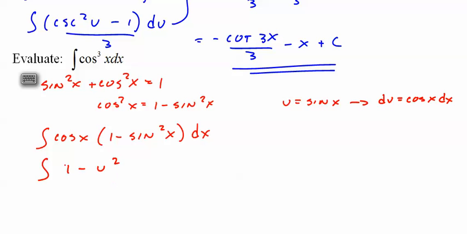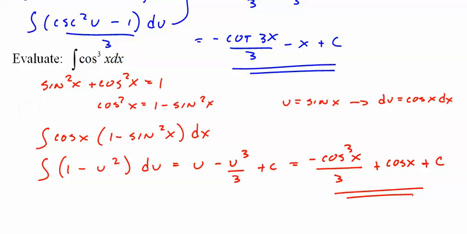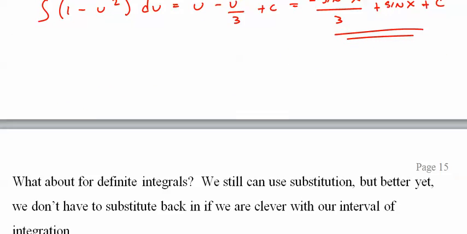1 minus u squared du. This equals u minus u to the third over 3 plus c, which equals negative cosine to the third x over 3 plus cosine of x plus c. Goodness gracious, I can't sub in a sine to save my life. That was almost embarrassing. Sine. Yeah, there we go. So as you can see, it's actually a significant amount of work